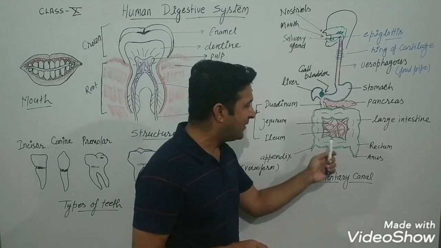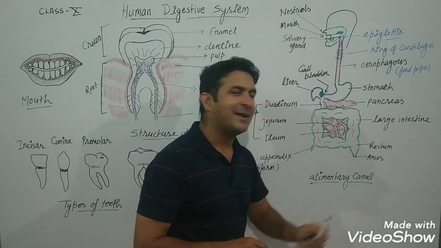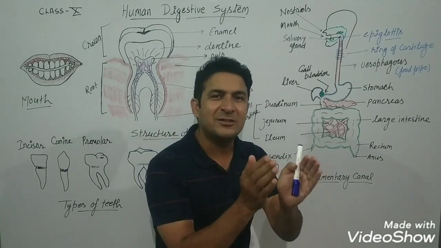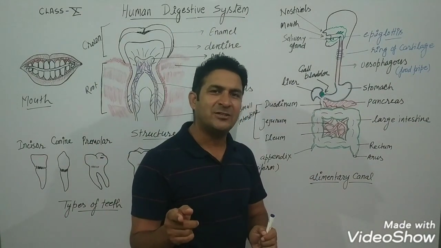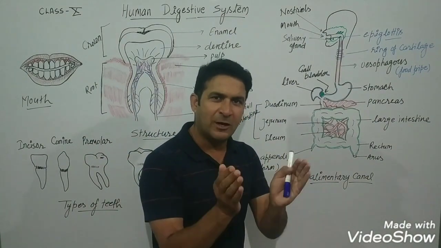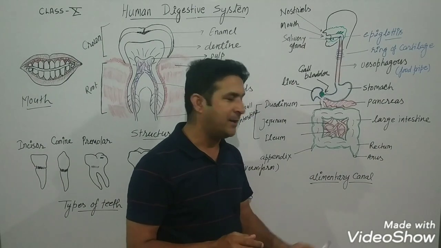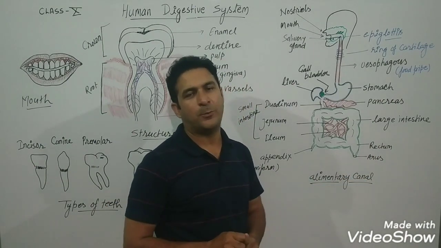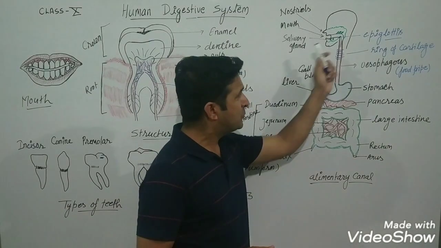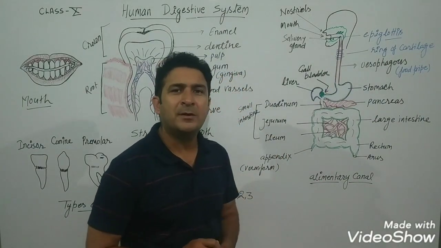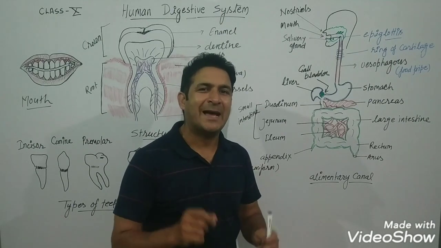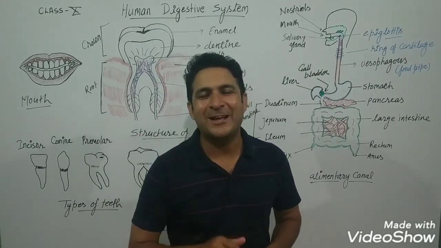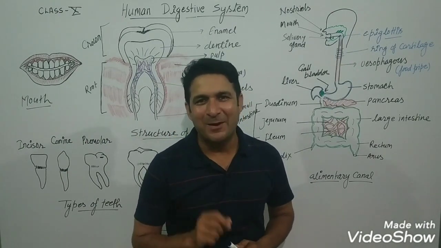Okay. After that, you will see here this rectum. The rectum is the area where the solid waste reaches after the completion of digestion. Whatever is left, the solid waste, reaches here in this rectum area, and through the anal pore it is excreted out from the body. Okay, so this is about the human digestive system diagram, its labeled parts and their functioning. The first is mechanical digestion and second is chemical digestion.